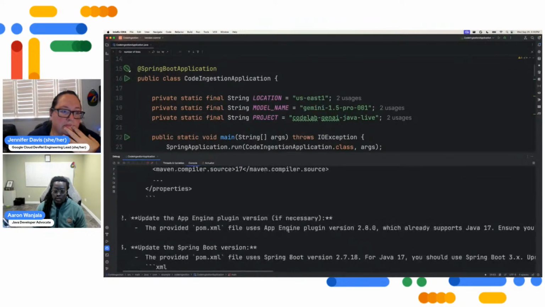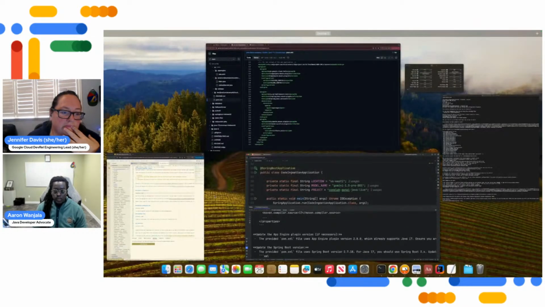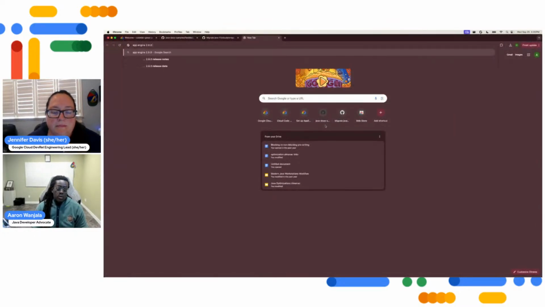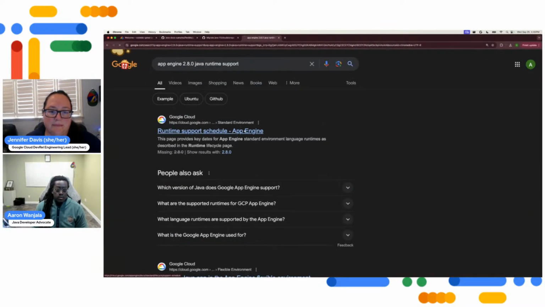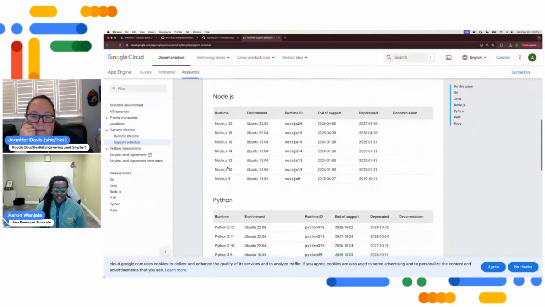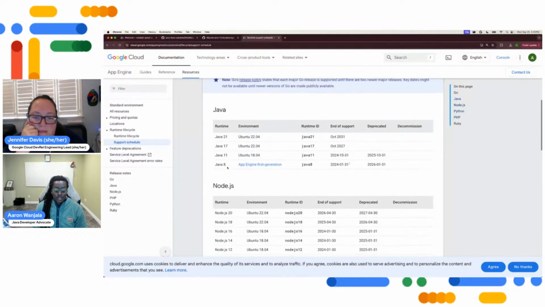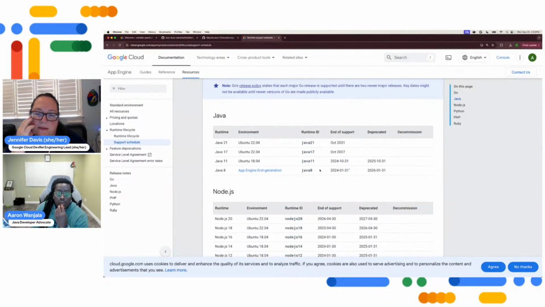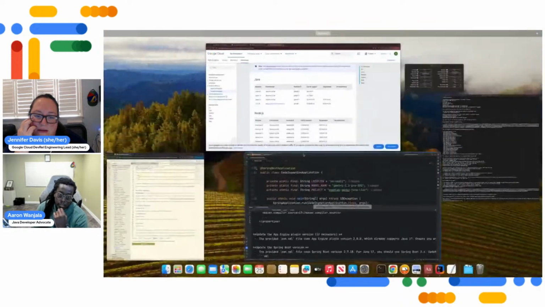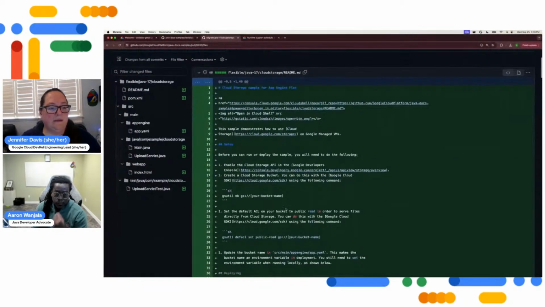I believe that's correct. Let me check that out, actually. 2.8.0, Java runtime support. Awesome. Let's see, Java 8 App Engine first generation. What was this recommendation saying? It was saying that the plugin version, well, actually the plugin is a different thing than the actual runtime itself. I guess this is Flex, so,